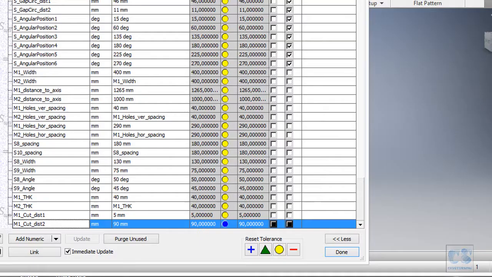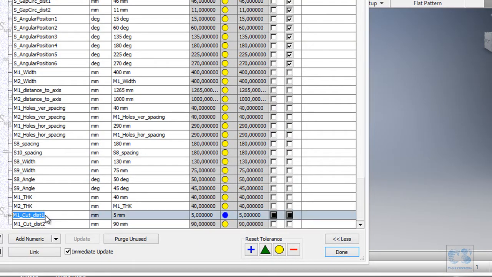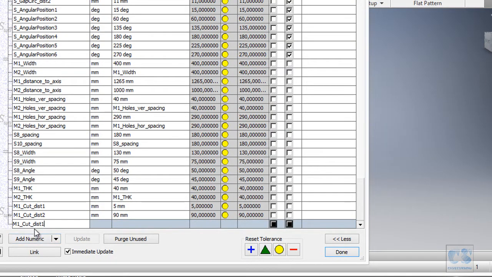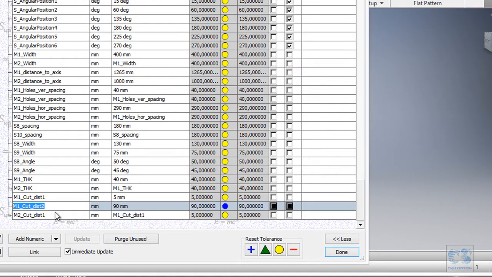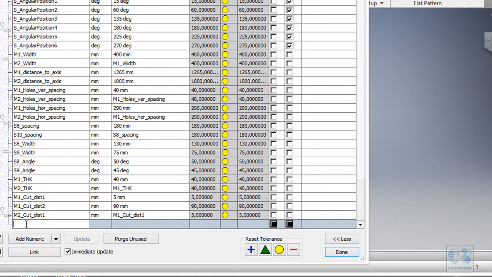So let's go to that, copy this, and this one should be the number 2, and it should be equal to the number 1. We add a new one, and maybe first we should select this, add numeric, paste this, replace this by 2, and make sure it is equal here.